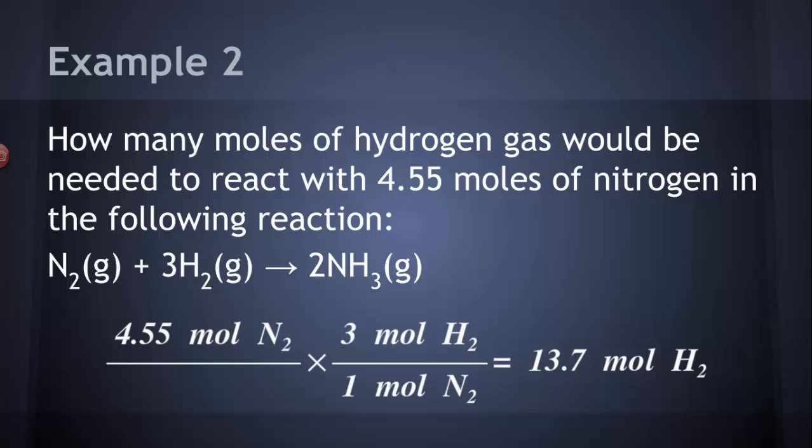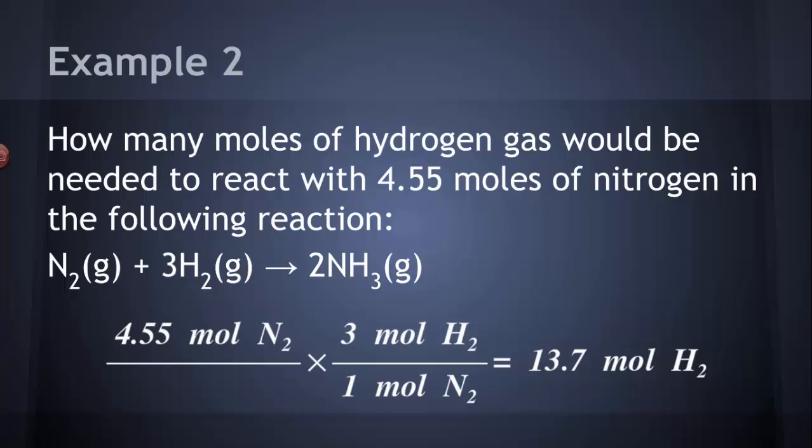Now I have moles of N2 on top, so I'm going to cancel moles of N2 by putting it on the bottom, because I don't care about moles of nitrogen. I know how many moles of nitrogen I have. What I care about is how many moles of hydrogen. So I need to cancel moles of nitrogen, and I need to leave myself with moles of hydrogen, so that one has to go on top. The general rule is it's moles of what you've got on the bottom and moles of what you're looking for on the top. Okay? So it's a 3 to 1 mole ratio, 3 moles of hydrogen for every 1 mole